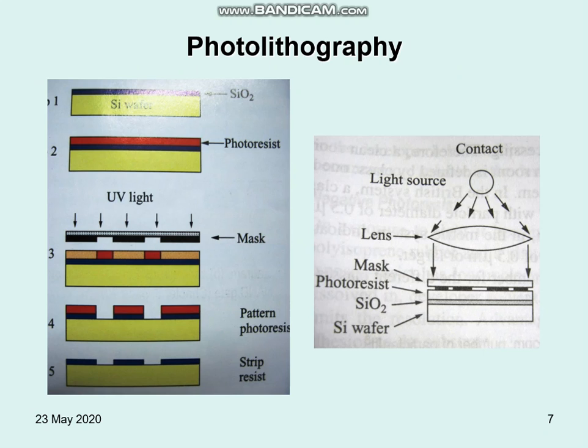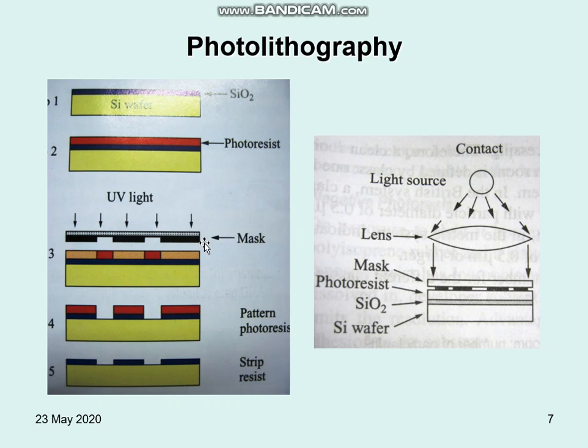where we can see the Si wafer. This is a cropped image, which I have taken from a book for your understanding. That silicon wafer is generally used as a substrate over which the SiO2 material has been layered, and over which the photoresist needs to be taken care of. It may be hardened or softened depending upon its material properties.